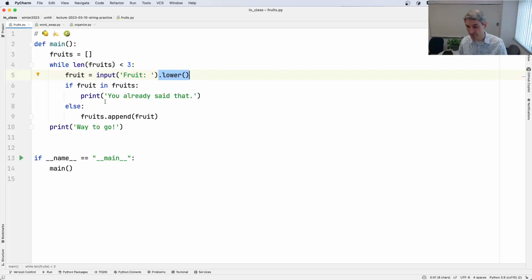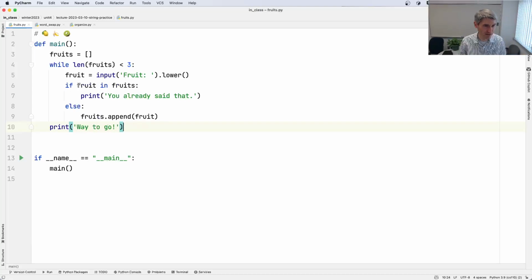You'll note we didn't print the fruits out, right? At the end, if we were to say "way to go," and then print out the list of fruit that was provided, you'd notice that they're all lowercase regardless of what we put in. And maybe that's fine, right? If you were building this program for somebody else, you'd have to go talk to them and say, hey, is it okay if I print them all out in lowercase? Or do they need to be preserved exactly as they are? And that would add some complexity to the program.